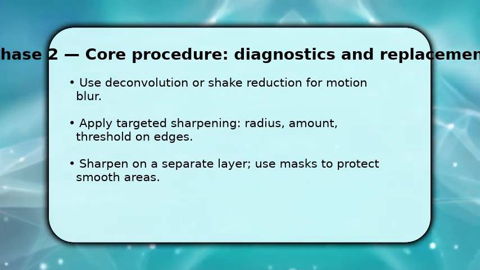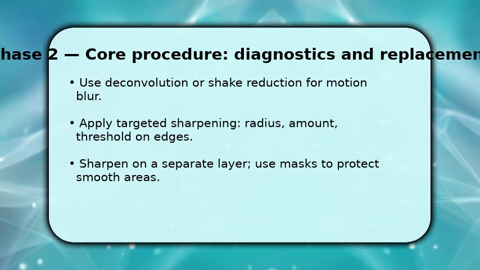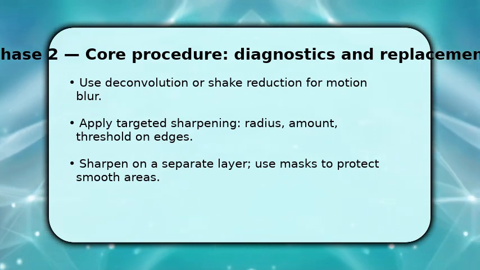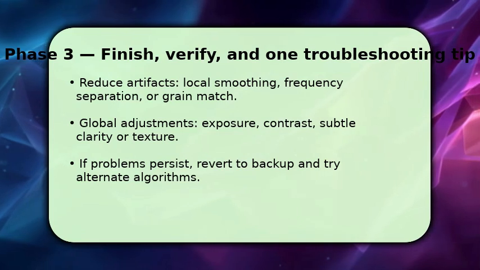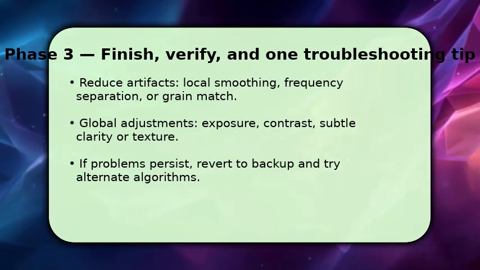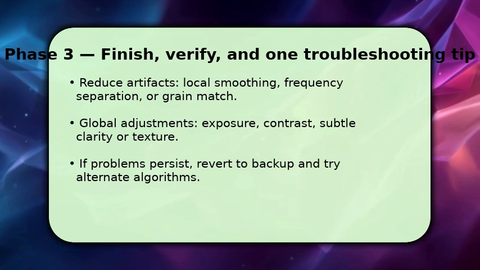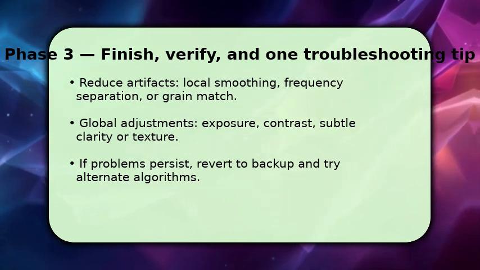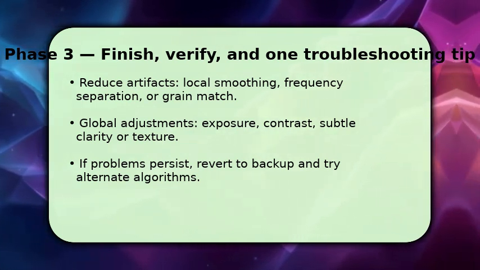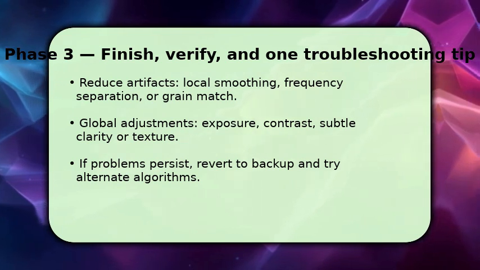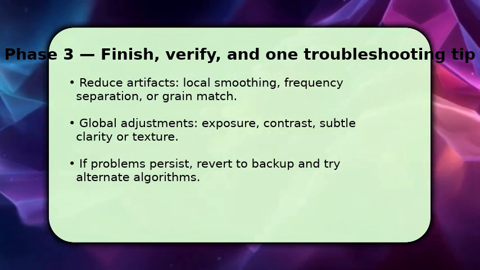Finally, view it finish by removing artifacts and harmonizing the image. Use local smoothing on halos, frequency separation for texture issues, or add subtle grain to unify processed areas. Then perform global tweaks, fine-tune exposure and contrast, and add modest clarity or texture to taste, because these mask minor